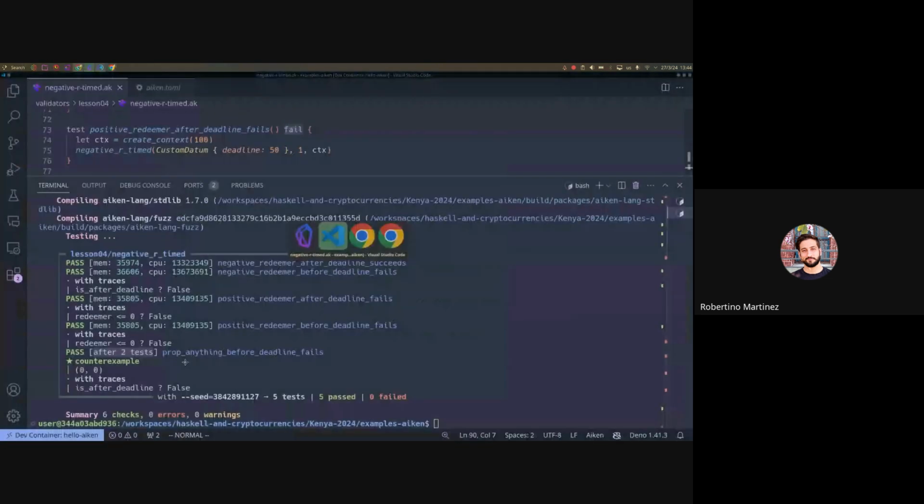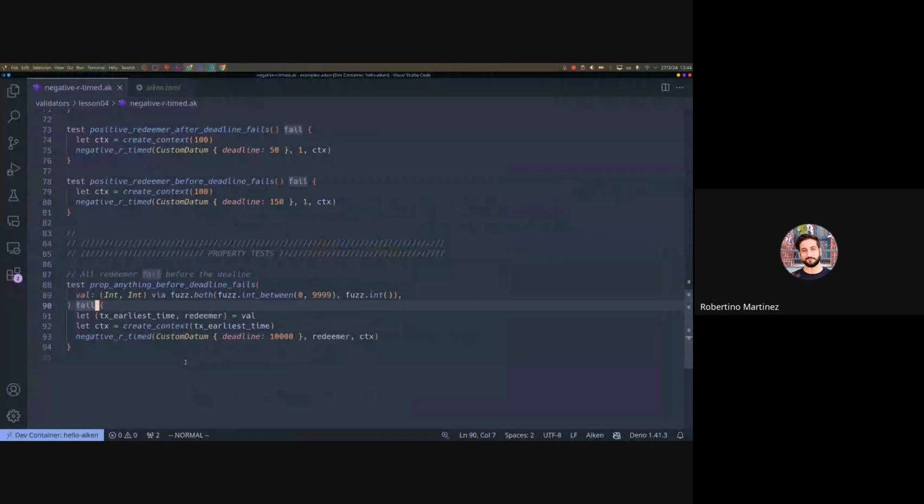So how can we do that? Well, it's pretty easy, really. We're just going to say that the actual test should succeed, and we're going to toggle the Boolean here. If it's true, it's going to return false. If it's false, it's going to return true. So if we do this,